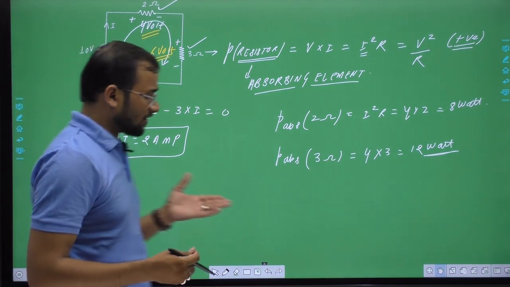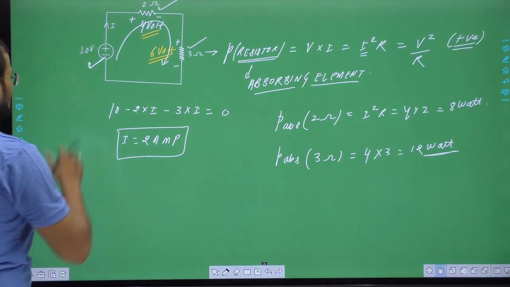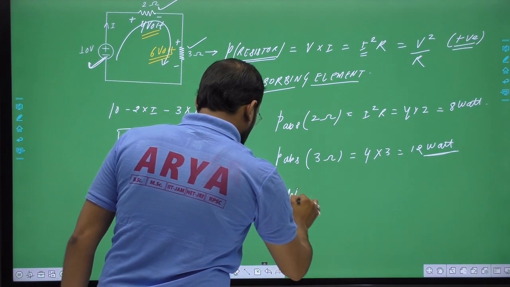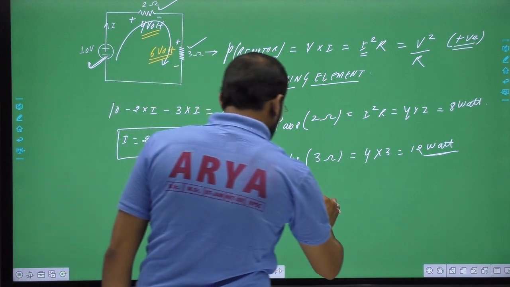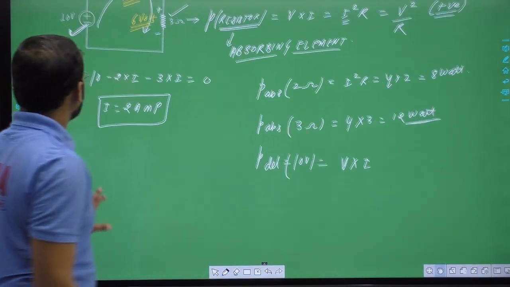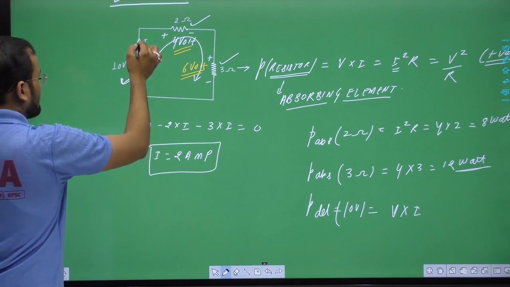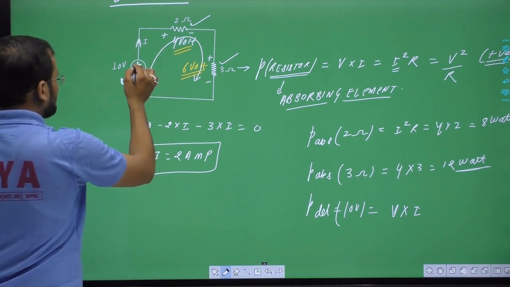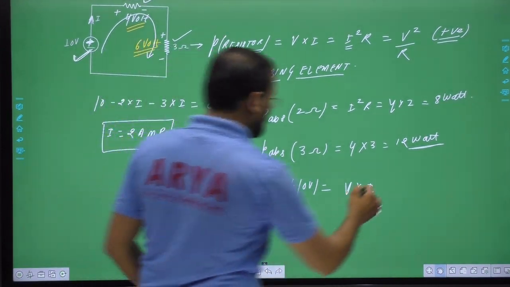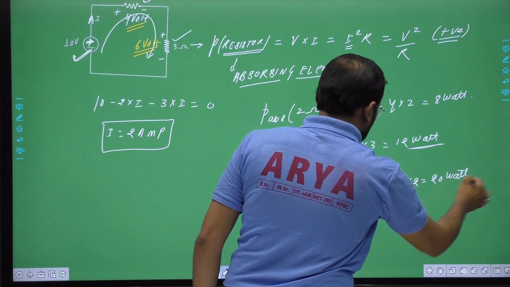Consider, for example, when we are charging a battery. But generally active sources deliver power. So the power delivered by this 10 volt source is... and we also confirm it by sign convention. As this is a positive sign and current is leaving from that point, we can say power will be delivered. And what will be the value? V into I, 10 times 2, 20 watt.